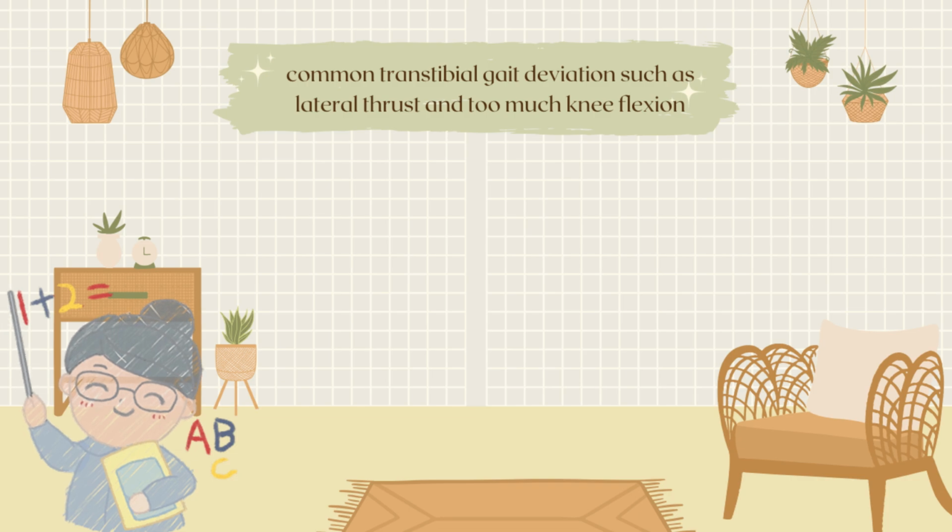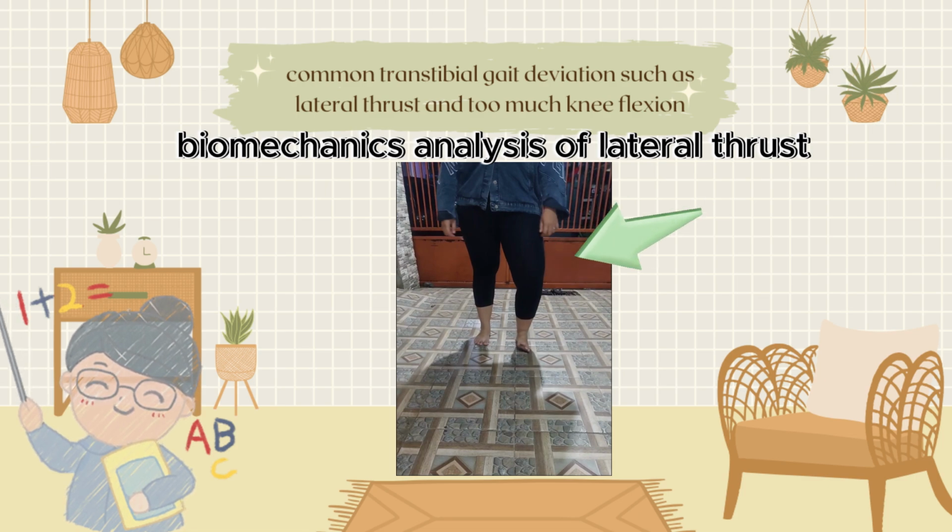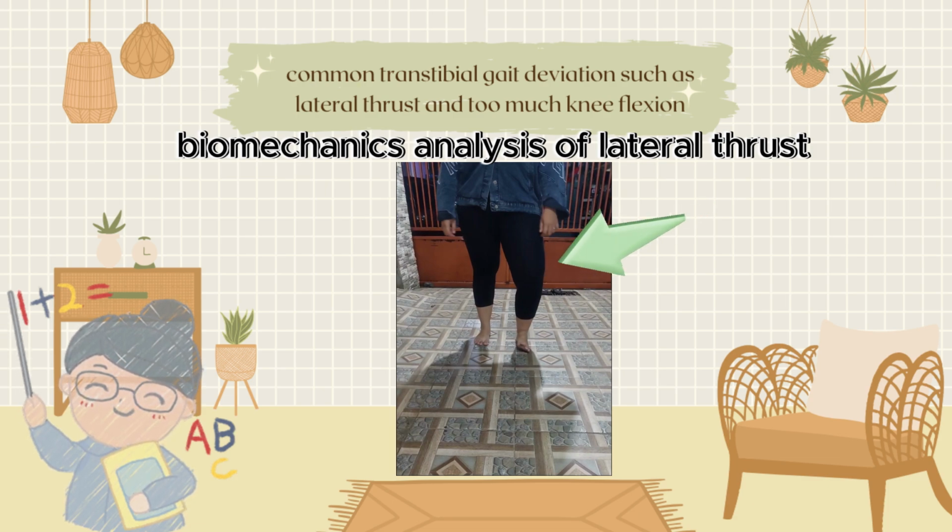Alright, from the video demonstration, we can observe the patient from the coronal plane during mid stance. Then we can see the patient walks on the lateral border of the foot. There is a medial gap of the foot and the pylon is leaning laterally. The GRF goes through the medial side of the knee joint and then creates a tendency of socket rotation to lateral and creates a force moment at the knee. The pressure is at proximal medial and distal lateral. So we conclude the patient walks with lateral thrust.